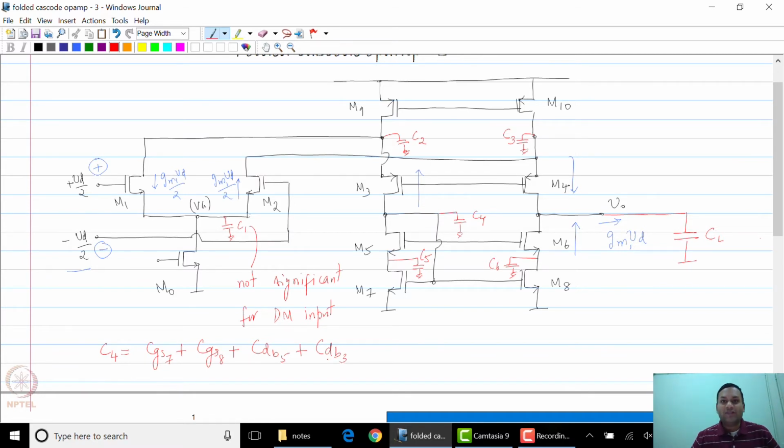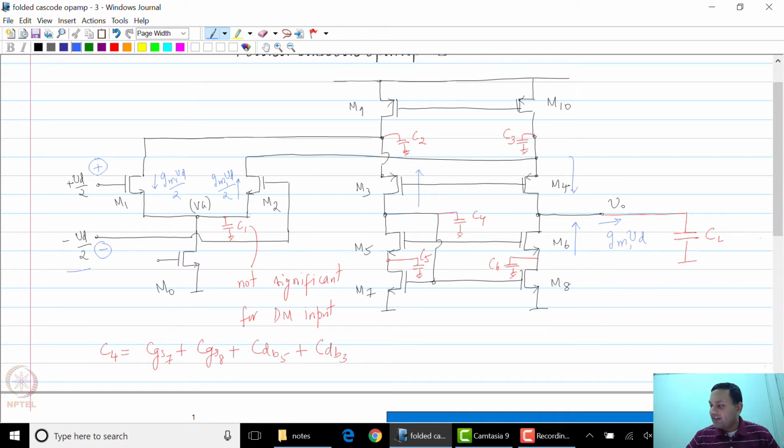What do we know about the frequency response? The frequency response will have a certain number of poles and zeros, and the number of poles and zeros will depend on the number of nodes that the signal passes through. The number of poles would depend on the number of nodes that the signal passes through. The number of zeros would depend on whether there is a phase shift through the different paths. Clearly, in this case, you do expect a phase shift, because if you look at the current through M1, for example,